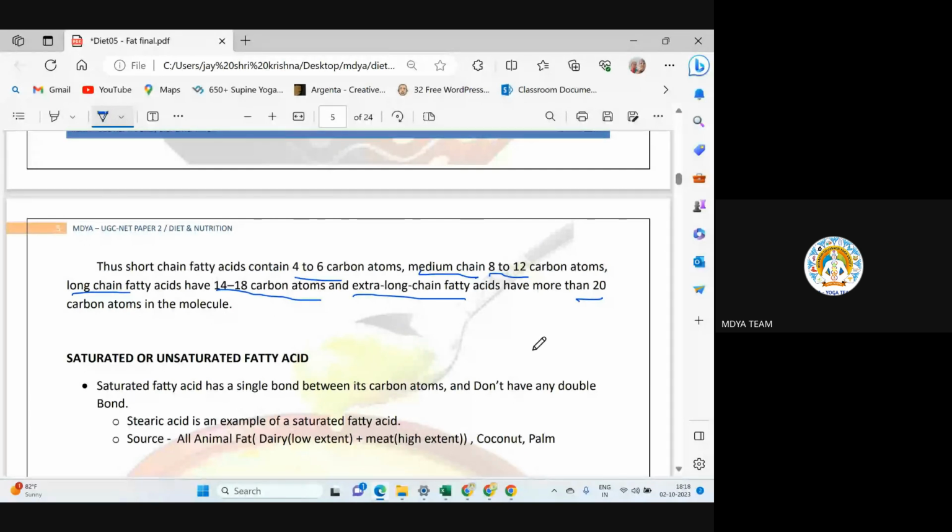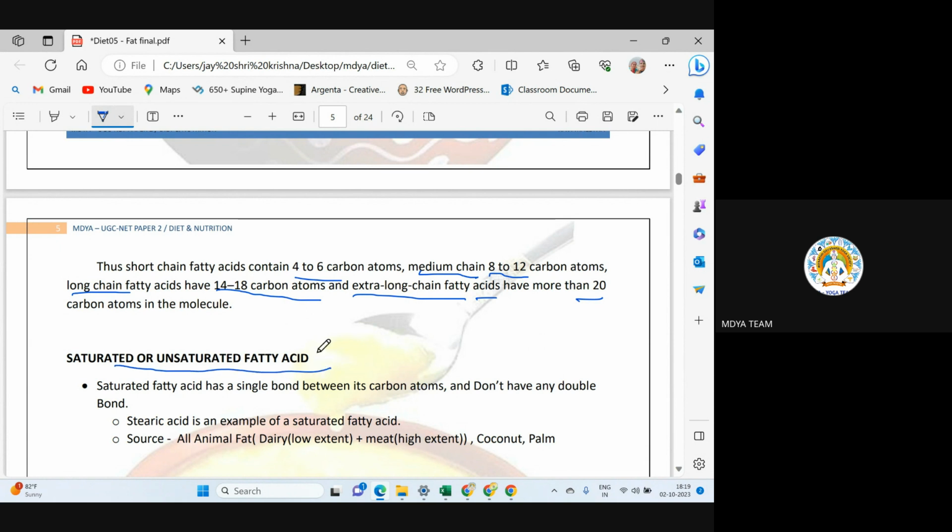If there are 4 to 6 carbon atoms, it would be a short chain fatty acid. If in a fatty acid 14 to 18 carbon atoms are present, then we call it a long chain fatty acid. If there are more than 20 carbon atoms, then we call it an extra long chain fatty acid. This is not very important, but what we are going to discuss next, saturated or unsaturated fatty acid,